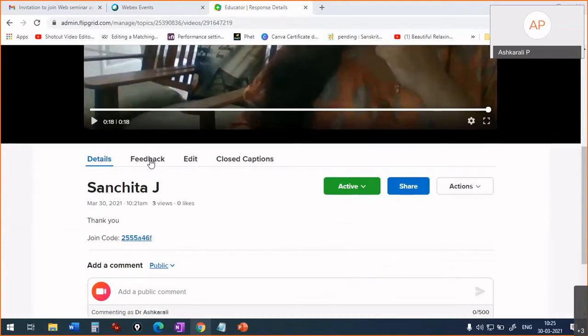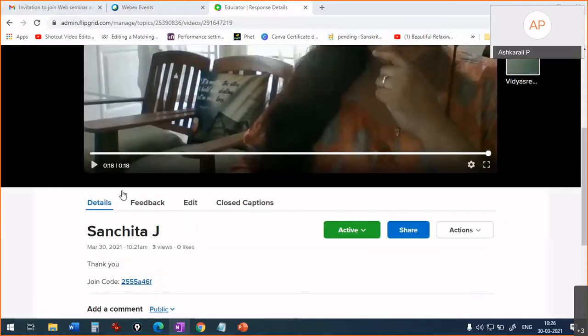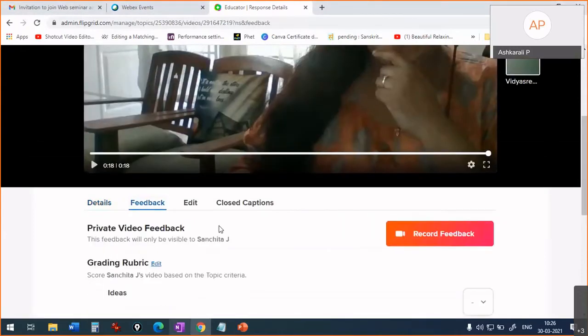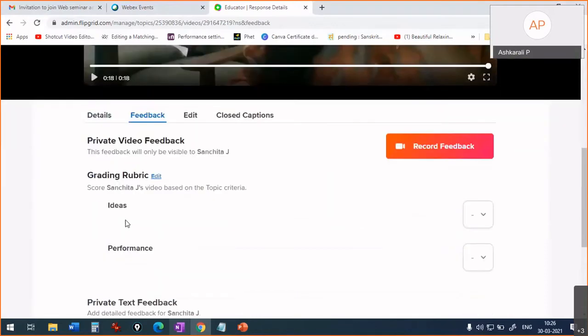So what I can do is give feedback for this activity. Okay, so I can give the feedback here. If you click on the feedback, we can grade this activity